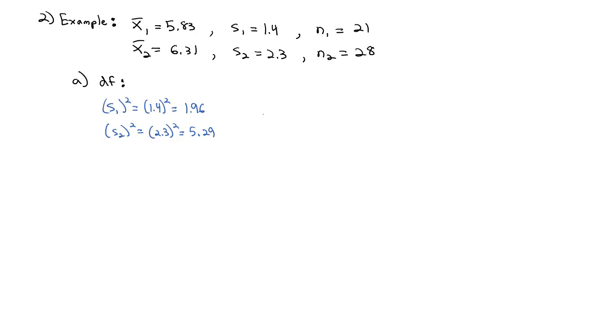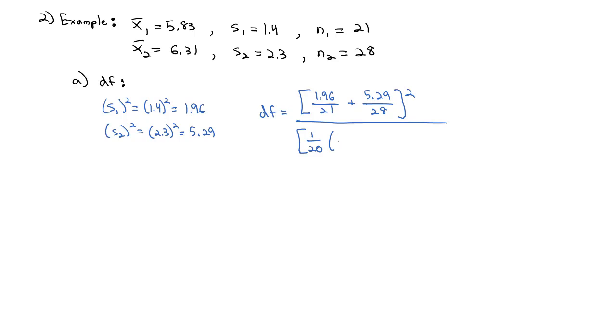So now when I look for that formula for degrees of freedom, the numerator is the standard deviation 1 squared, which is 1.96, divided by the first sample size, which is 21, plus the second standard deviation squared, which is 5.29, divided by the second sample size, which is 28. And that whole numerator gets squared. And then we're going to divide by, in the denominator, 1 over 1 less than the first sample size, which is 20,